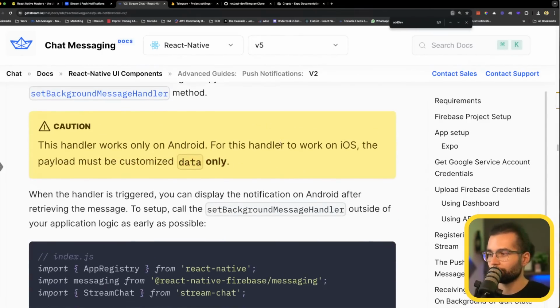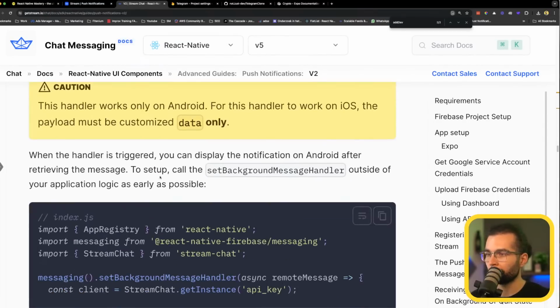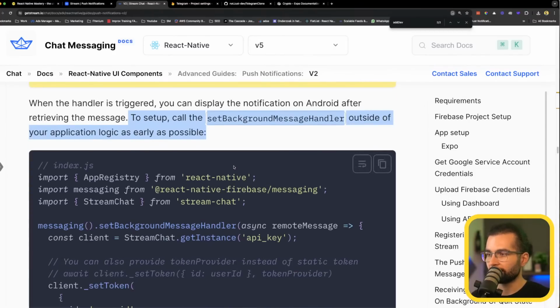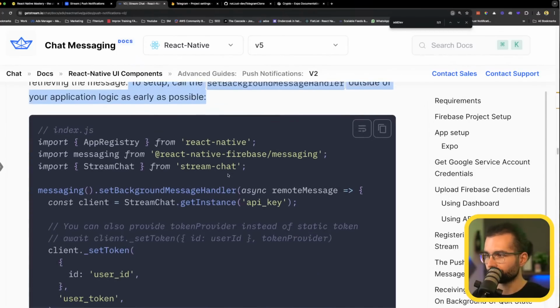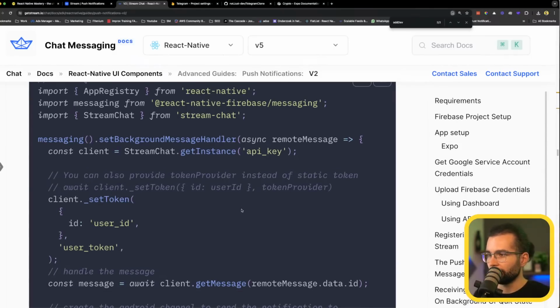We don't need the function on iOS. It's only if you need adjustments, like how you want to present the notifications. When the notification is triggered, you can display the notification on Android, but it has to be set up outside your application logic as early as possible. So we need to set it up outside our application logic. And to do that, in our case,